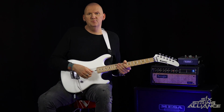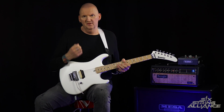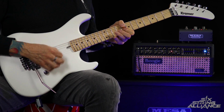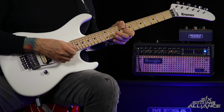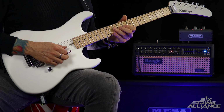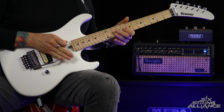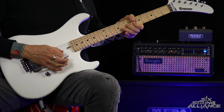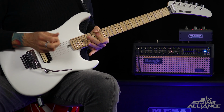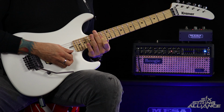But what we're doing here is we're playing a little melody. You're basically following the sus, the sus4 to the major third. So you go. Okay, so that's 9 to 8 on the G string, and then we go all the way up to the 14th fret, and we play the D and the G string,